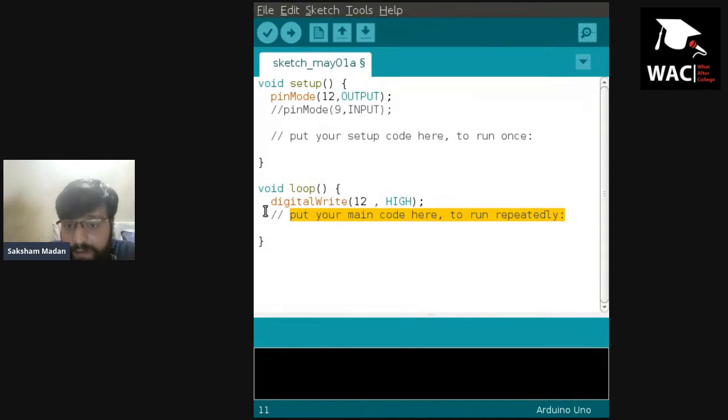This is a basic difference between a Raspberry Pi and Arduino, that if we want to run a code repeatedly without any sense, like